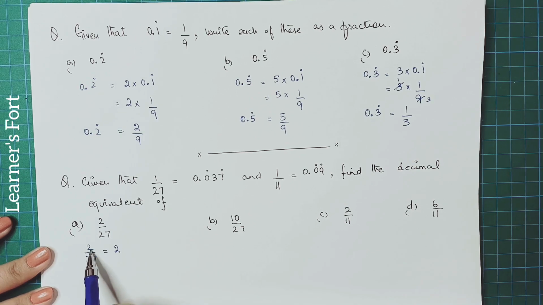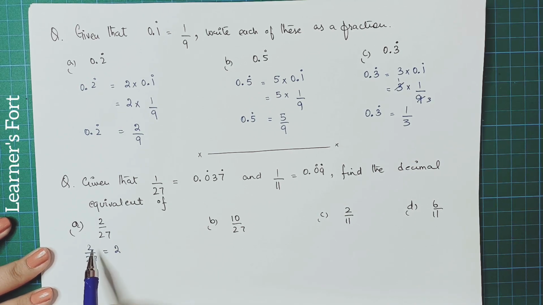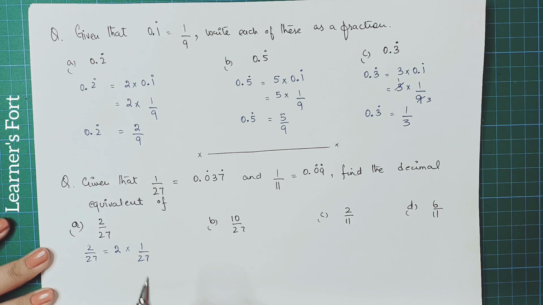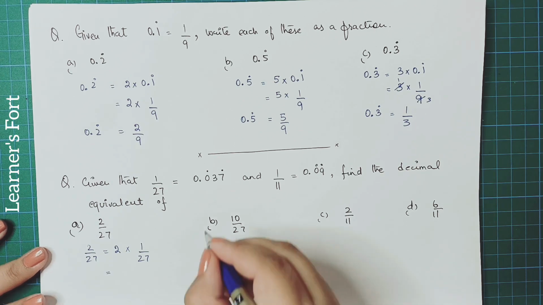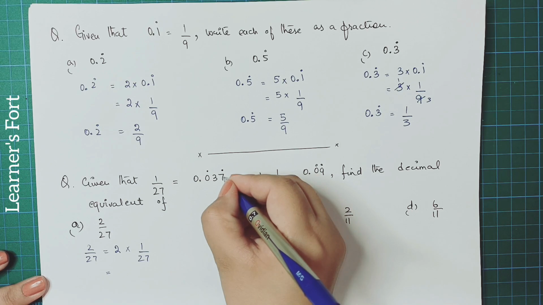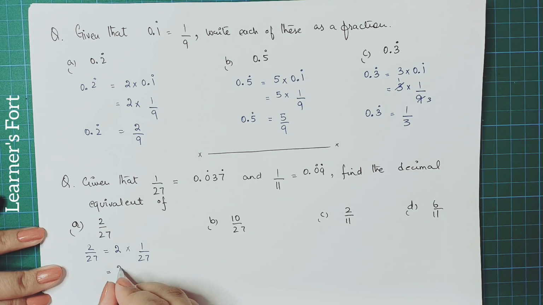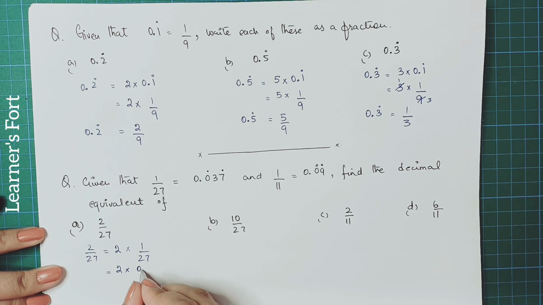here you can see that we have 2. If we take out 2, the numerator common, we will be left with 1 upon 27, because the numerator multiplies with the numerator. Okay, so 2 upon 27 can also be written as 2 into 1 upon 27. Okay, so we can write 0.037 instead of 1 upon 27, which will be equal to 2 into 0.037,